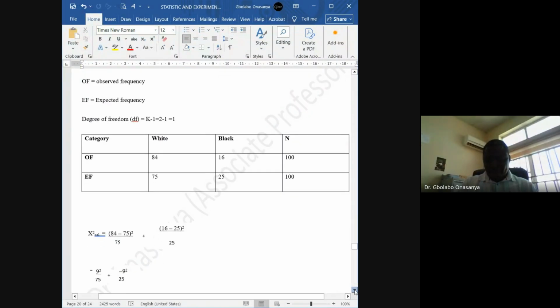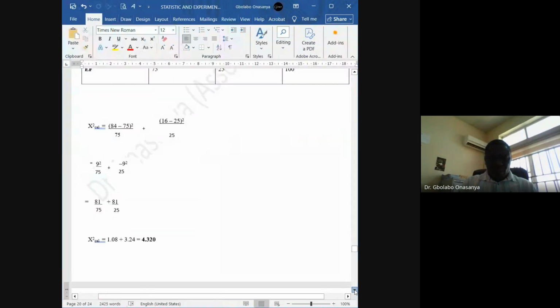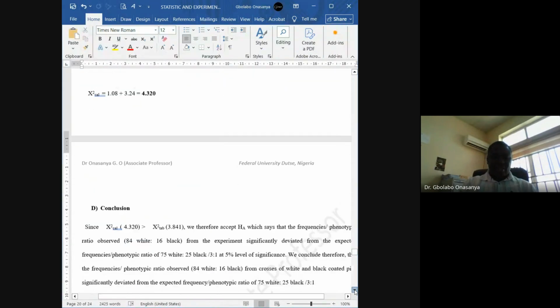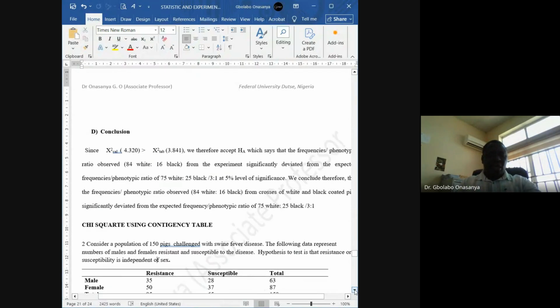correspondingly, on the table, you will have 8 points. You see, can you see it? This is what you obtain from the table. So what you obtain from the table is X tabulated, which is 3.841. And our X calculated is